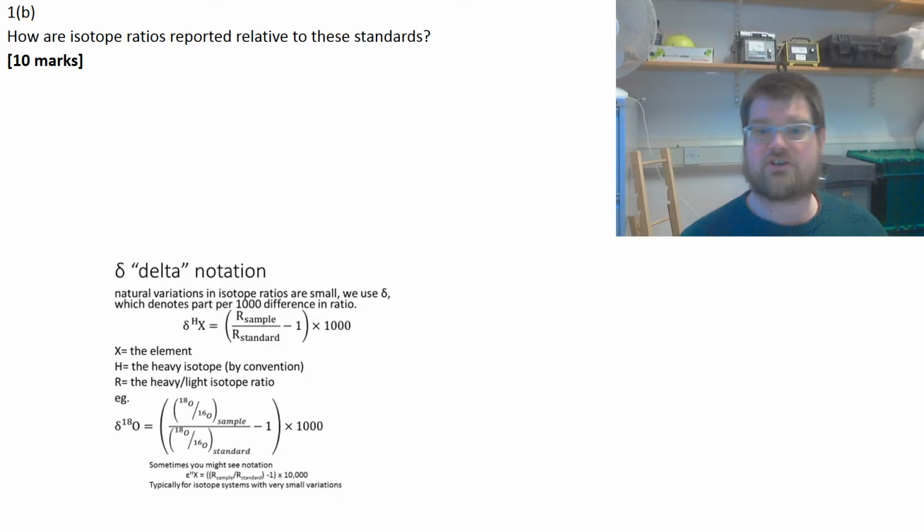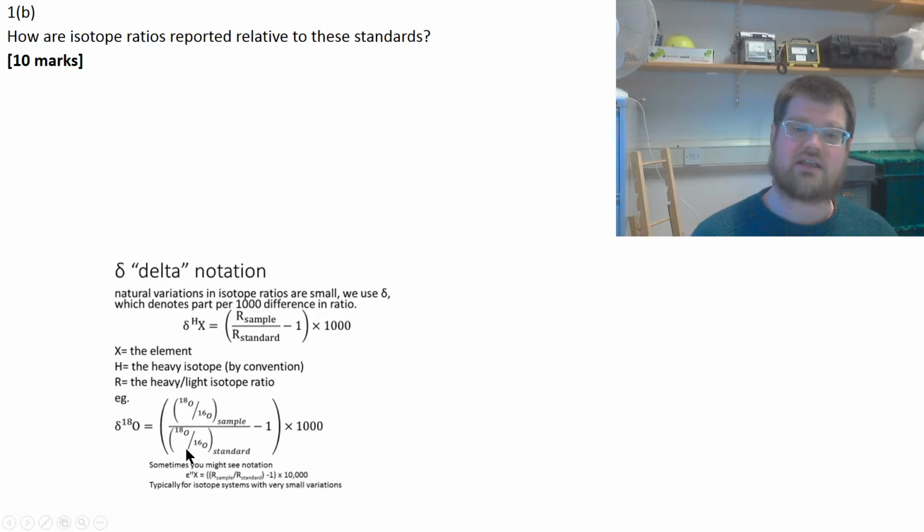But the second part of the question, part 1b, is basically how are the isotope ratios reported relative to these standards. So what we're really looking for is you to be able to spout out this equation, where we have the delta notation reported as the ratio of the measured isotope ratio in the sample over the measured isotope ratio in the standard, minus 1, times 1,000. And then you could also add some details about why we have the times 1,000, and that's because the